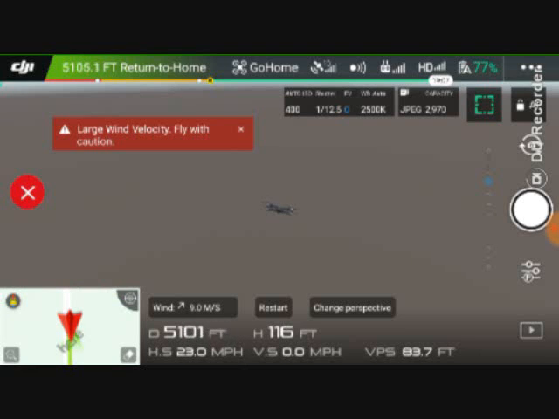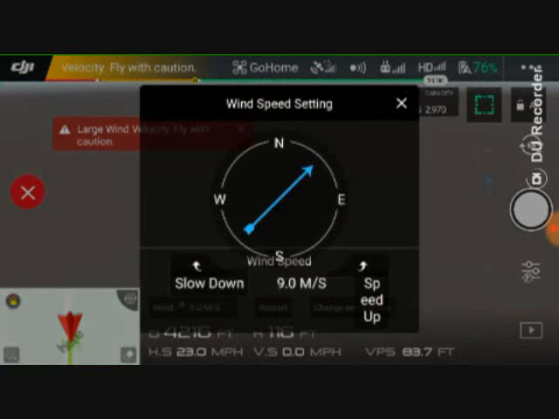The wind speed is pressing on it a little bit, and the actual speed that the drone is flying, 23 miles an hour. The little red X button that's there is as if I wanted to cancel it returning to home. I'm just going to let it come all the way home and land. As you see, the wind speed is down to 9 miles per hour,